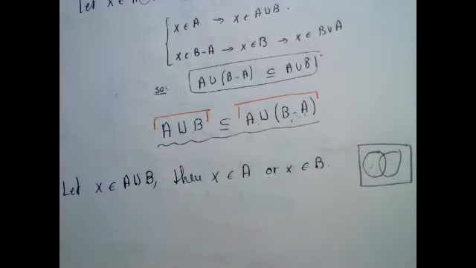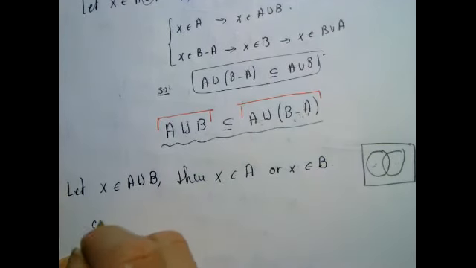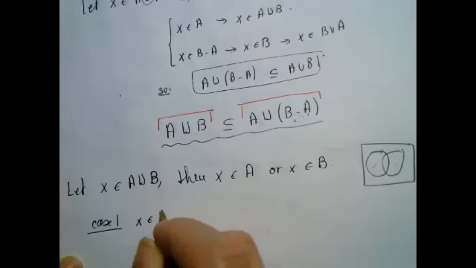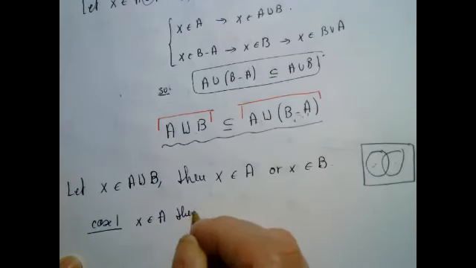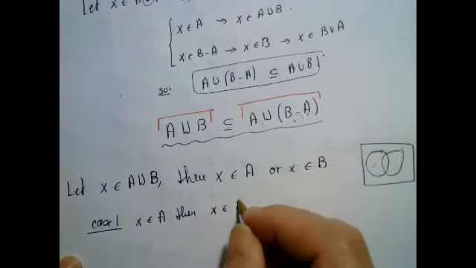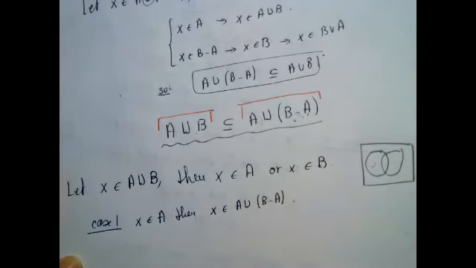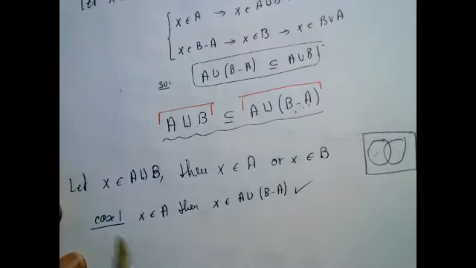In the case where X is in A, we can just say X is in A and we're done with it. Suppose X is in A, you have to say that it's in A union, because that's where I'm heading. Done with that. And then in the case where X is in B,